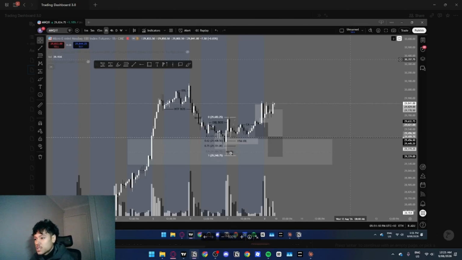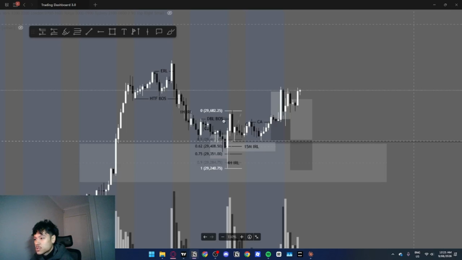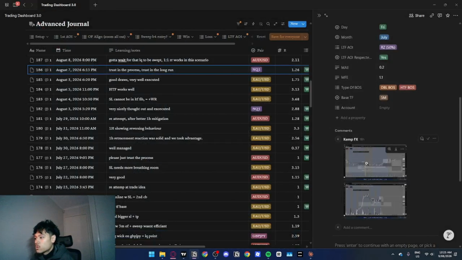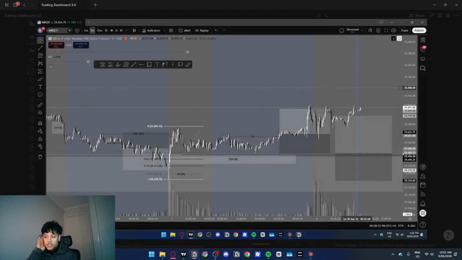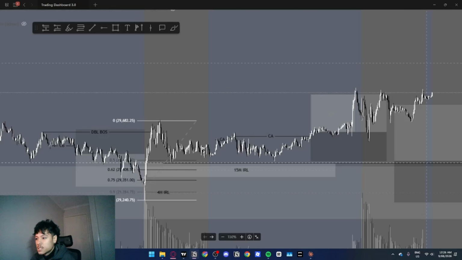So after we touched this area here, we had a very strong bullish structure shift on the 1 hour time frame. Breaking structure twice, we broke structure here and broke structure here, this move here. So retracement tool from the low to the high, waited for a retracement. We got a retracement here at the 0.5 level. So cool, green tick, jump on the lower time frame. You can see here that we,